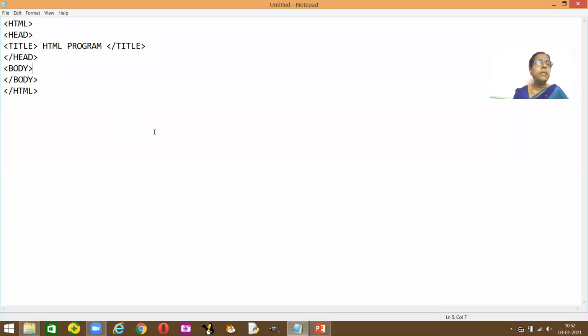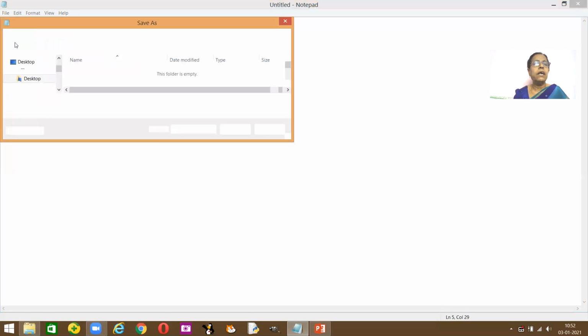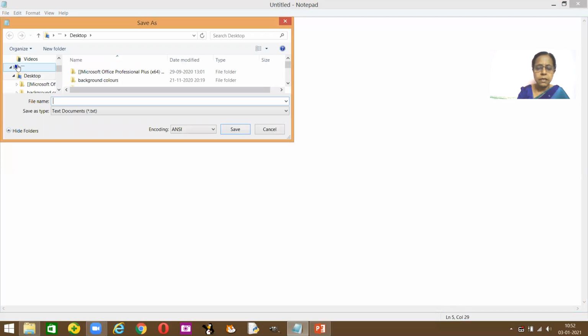Okay, in the body, I want to write some text. My first HTML program. And that's it. And close body, close HTML. Now I need to save it. So I'll save it on the desktop so that it's easy and I can show you many things. And I'll save it as class